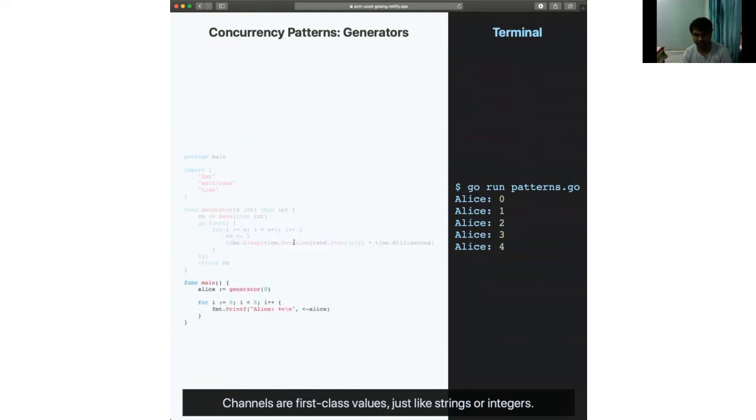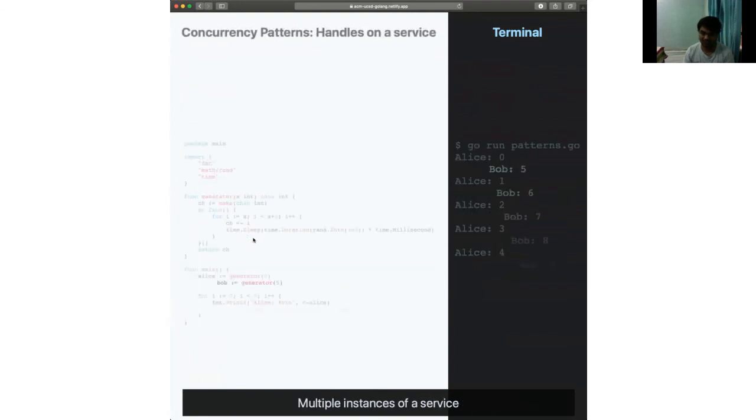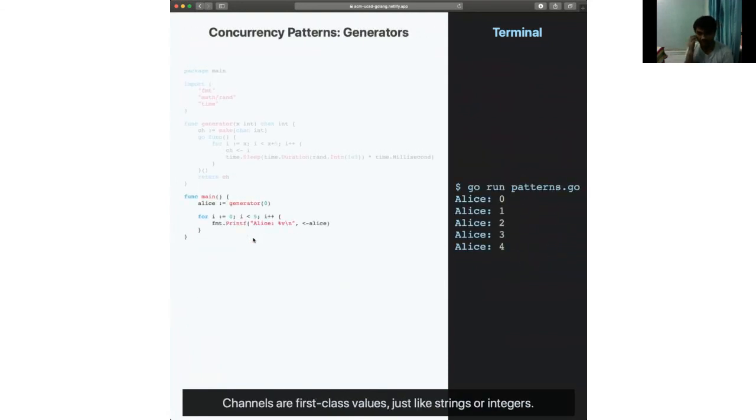So if you look back at our main code, inside this function, we receive from the channel Alice 5 different times. So we iterate 5 times here as well, and we pull the value out of the channel. So every value that is pushed here gets pulled out here, and I guess that's how you write your simple iteration in a concurrent way.